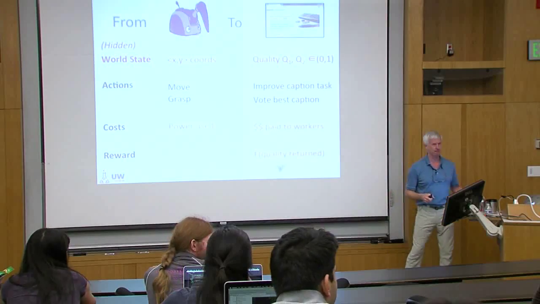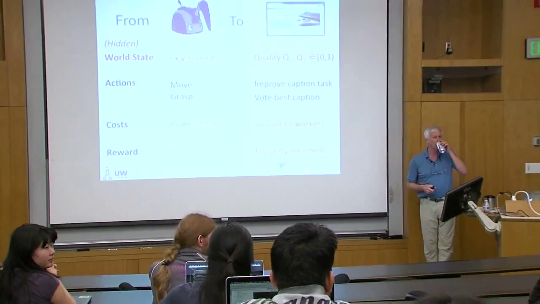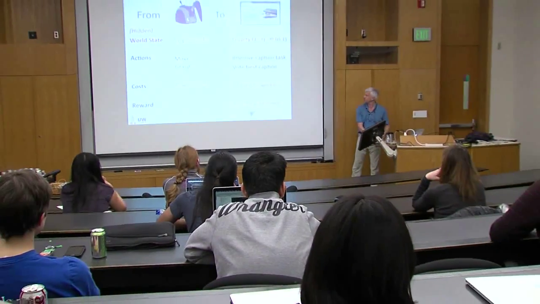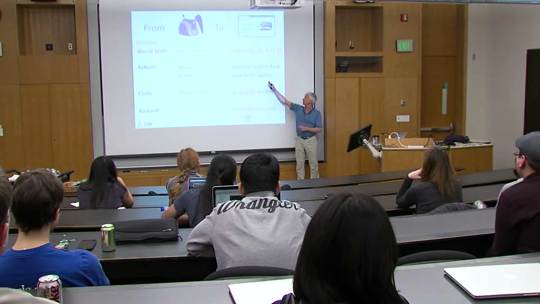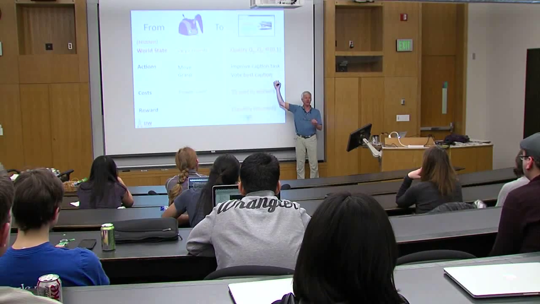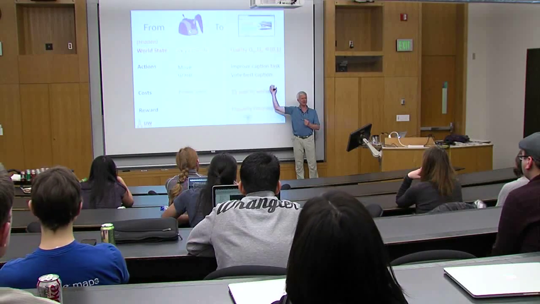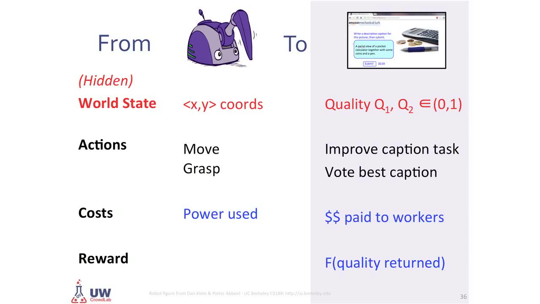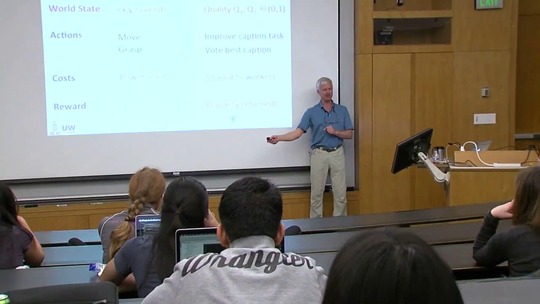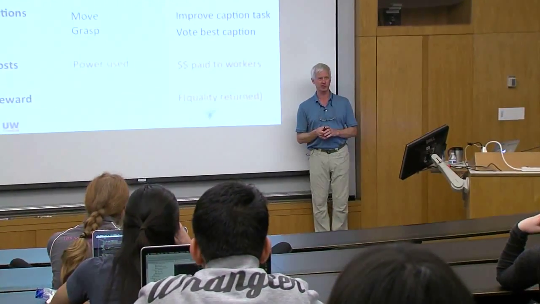Yes? For POMDPs, you also need observations. What are those? Yeah, sorry, I missed that. So the thing we observe here is some tasks, we can't necessarily observe them, so we don't actually model any observations coming back from an improved task. But if we have a voting task, then we know which the worker thinks is better, A or B. That's the only observation we get, and we use that to update our probability distributions.